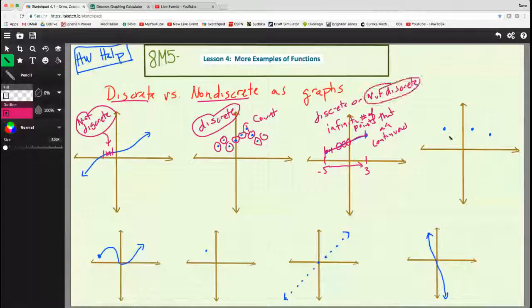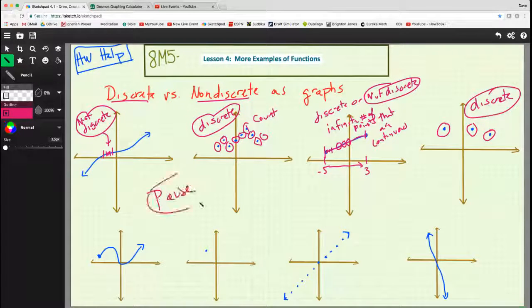How about this one? Well, this one is discrete. I can circle my 3 points. So this one is discrete. You might want to try these last 4 on your own. You might want to pause and try